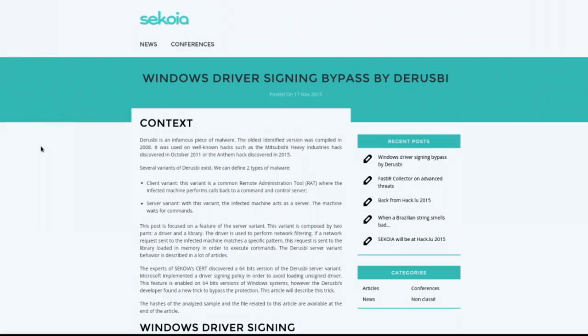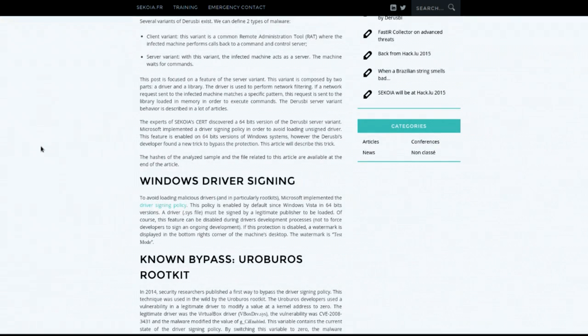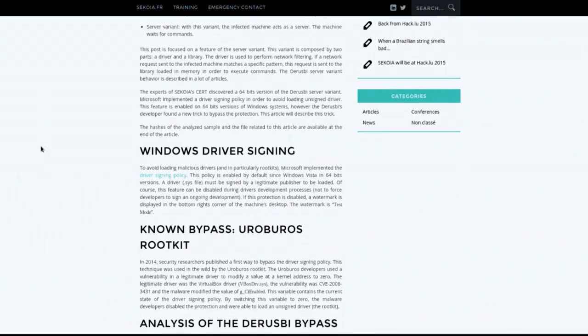Hey-o, how about that? So when you go to install a driver on newer versions of Windows, especially for the server, a while too, it won't allow you to install it unless it's signed. Well, it turns out there's a way to get around that. And Drewsby, which is an infamous piece of malware,